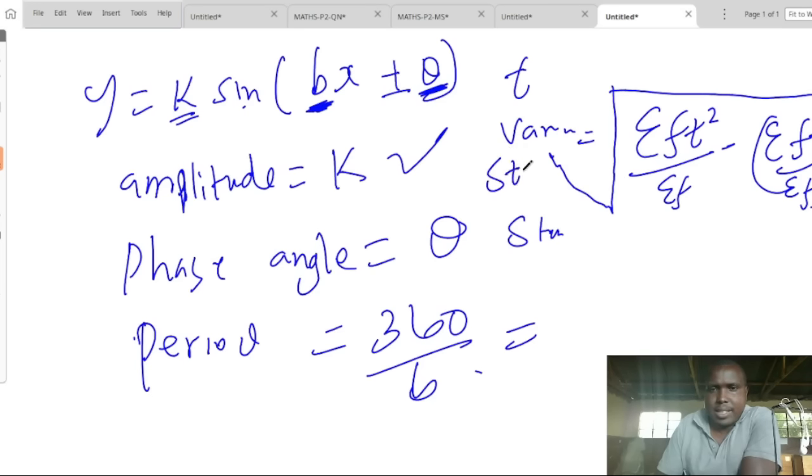This is standard deviation. I have said the variance is without the square root. Then standard deviation is the square root of this. That's when you use assumed mean. When you don't use